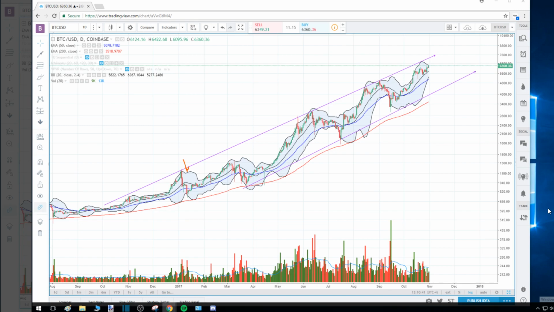Not a whole lot right now, but what it does mean is that the tighter these bands get within the squeeze, the more likely a longer sustained move is to take place in the market. So you can see here, this was a nice squeeze that took place, and this was a multi-month run. A nice squeeze here, a month and a half long run, and this one didn't really pull